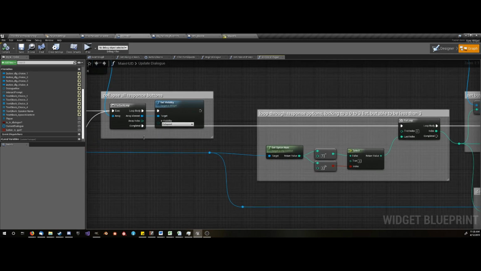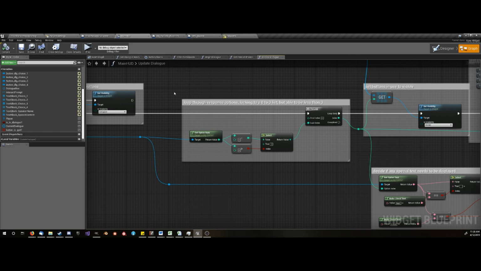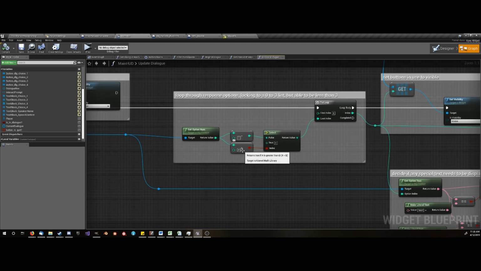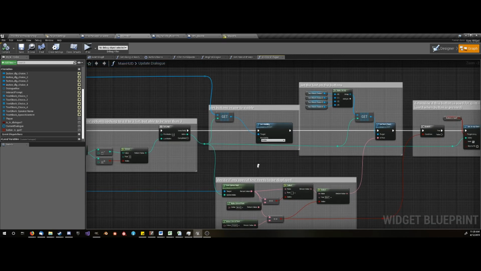The next thing that I do is I basically set up a loop that goes from 0 to maximum the number of responses minus 1, or 3 if there are more than 4 responses, because this is essentially an array length. So if there are 4 responses, this will return 4, but I need my array to go from 0 to 3 if there are 4 responses, and so that's why I wrote this simple piece of code here. And then in this loop,